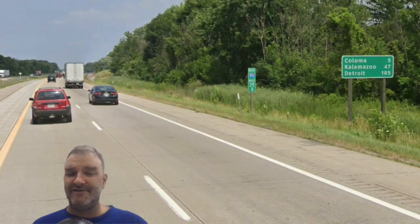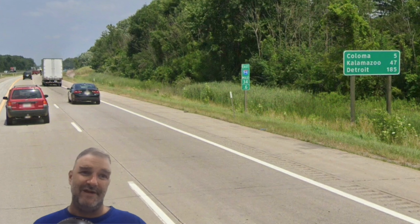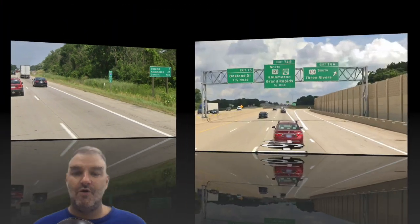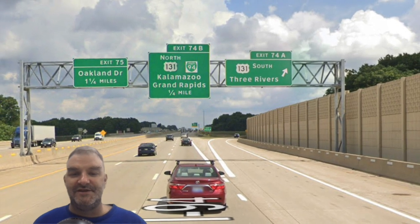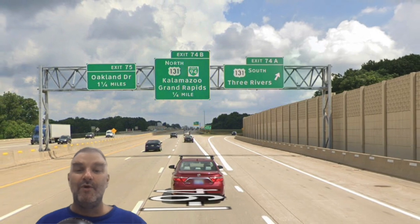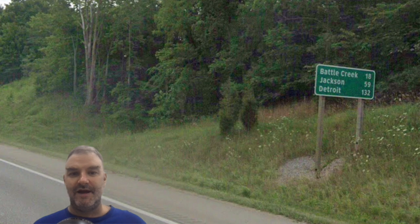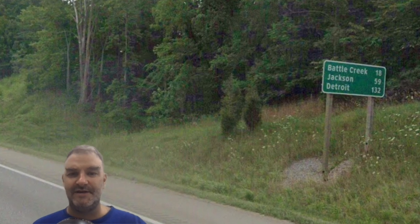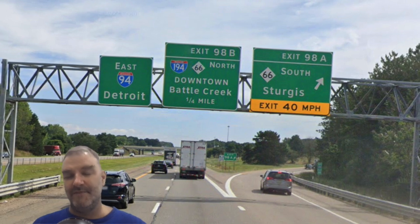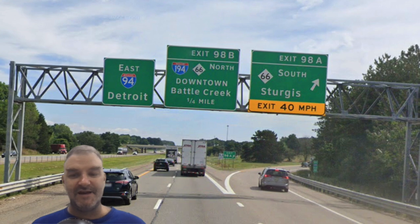And I've been on basically all of I-94 up until this point, but from this point on, I have never been on it, so this is all new to me. Detroit 185. Here we're meeting 131 in Kalamazoo, so south 131 for Three Rivers, north for Kalamazoo and Grand Rapids. 131 is a freeway. Now we get Battle Creek, Jackson, and Detroit, so good mileage signs there. We're meeting 194 for downtown Battle Creek, or Michigan 66, south for Sturgis, and we are still on East 94